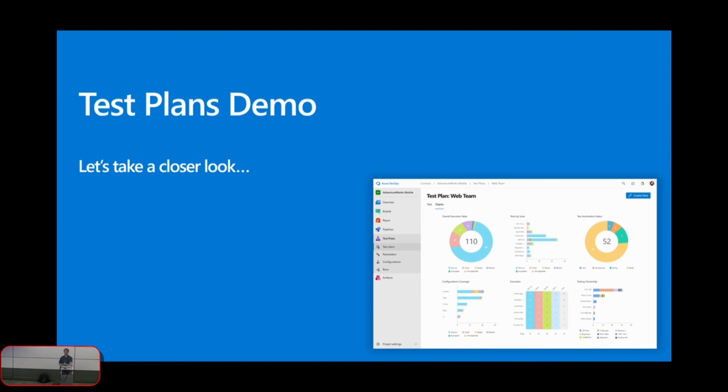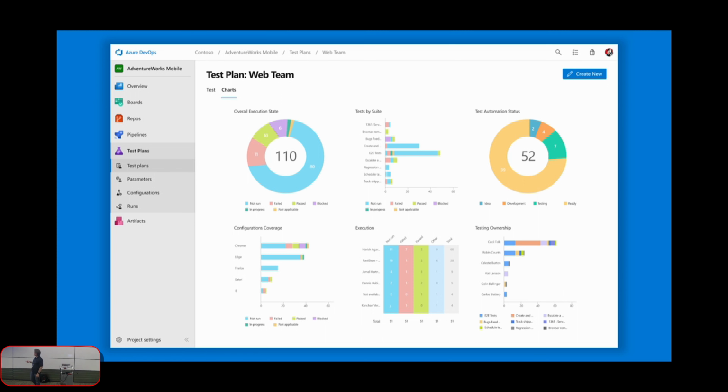I can't really show the charts on the one I have because the demo didn't have any, but you can get all kinds of neat, eye candy type charts out of your testing, just to show where things are, whether things are improving or maybe not improving, whatever the case is.